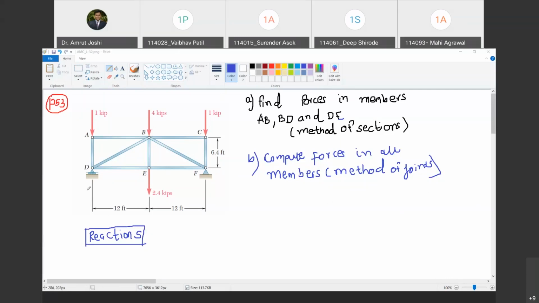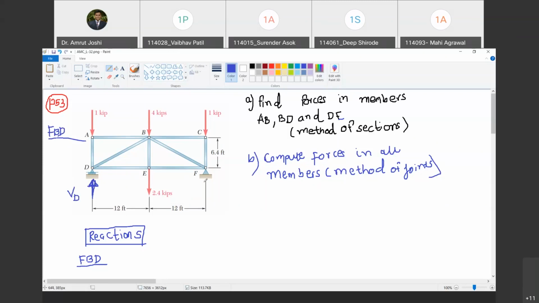Okay, so now we need to draw a free body diagram, but we are not going to draw the free body diagram separately. We will draw it on the body itself. Are you with me? Yes, sir. So if I draw the free body diagram on the body itself, this is a roller support. How many reactions can it offer? One. So only one reaction, and that too in this sense. I am going to call this reaction VD.